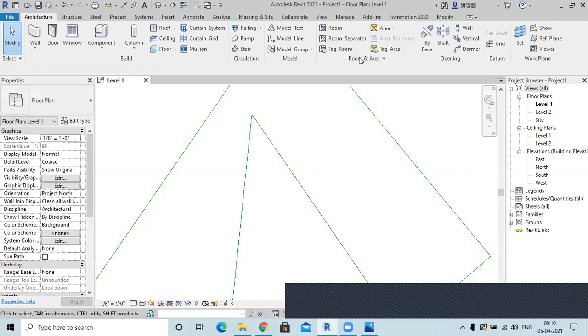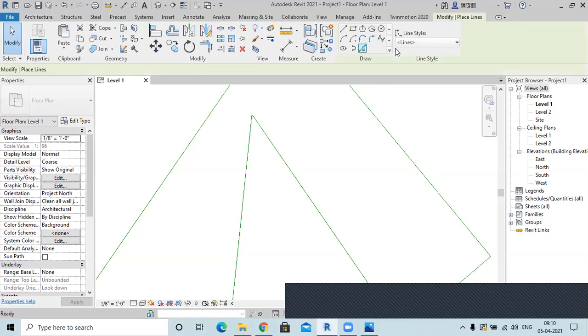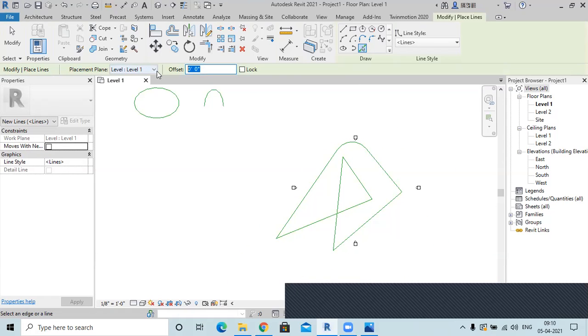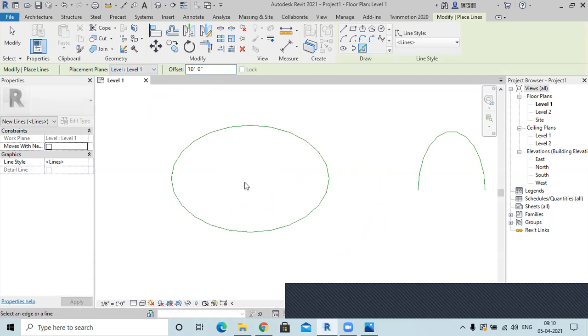I'll show you again. For example, if I select the pick lines option, and the offset is maybe 10. Now I'll show you in this ellipse. If I hover over the ellipse surface, it will create either an internal ellipse at 10 feet distance from the existing ellipse, or an external ellipse at 10 feet distance from the existing ellipse, because this whole ellipse is a single line. It does not have any endpoints. That is why the whole thing is selected.